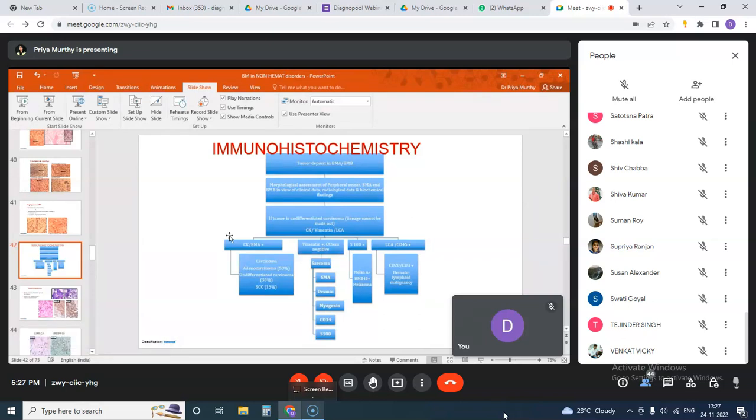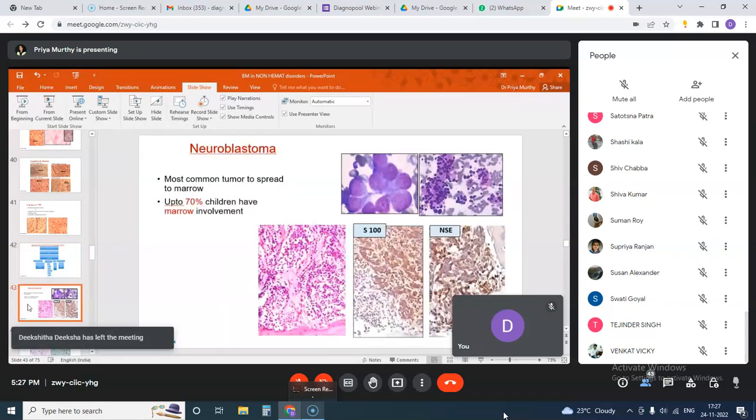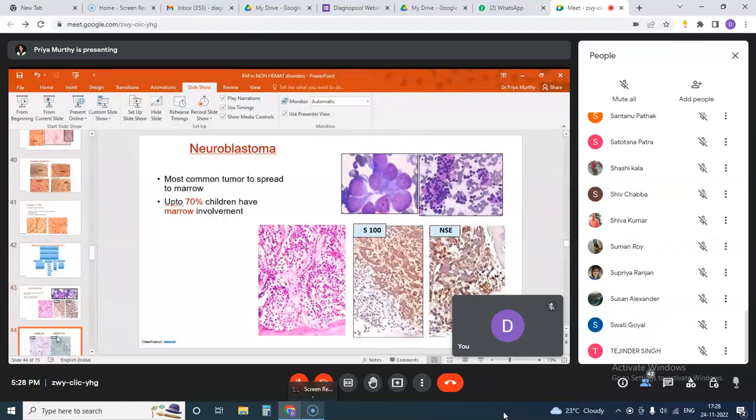First, we will do a CD45 and a CK to ascertain that it is not a hematological malignancy. And after doing CK, we do CK7, CK20, and the whole range of antibodies can then be performed to detect the unknown primary. So this is an example of a neuroblastoma which we saw, clusters of small metastatic round cells, and you're seeing this pseudo rosette formation, and the biopsy showed similar small round cells. They turned out to be S100 and NSE positive.